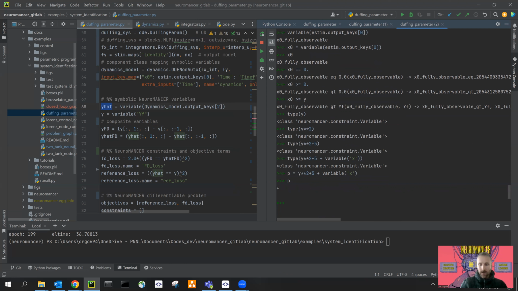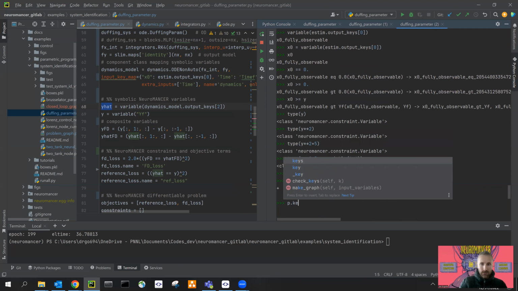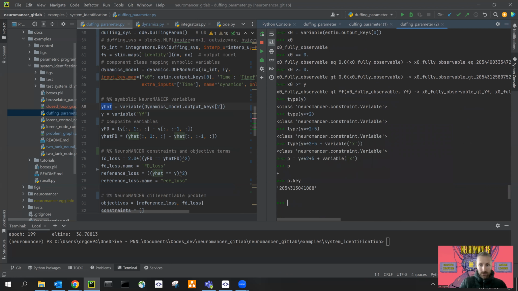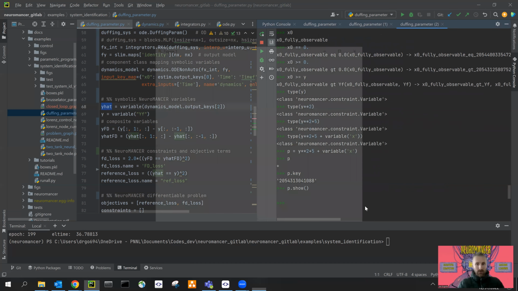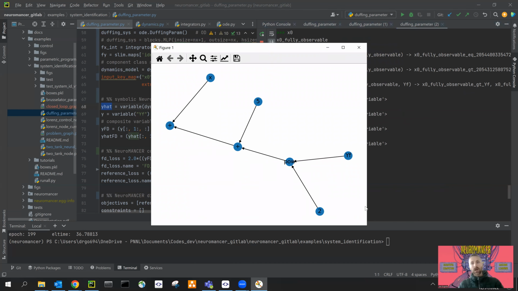And it's a variable that has some display name, but it will have a unique key, which is the identifier that is actually being used for tracking the computational graph behind the hood inside the NeuroMANCER problem forward pass. You can also show the variable, and now you visualize the symbolic computational graph that constructs this variable. So you have this y^f to the power of 2 plus 5 plus x,